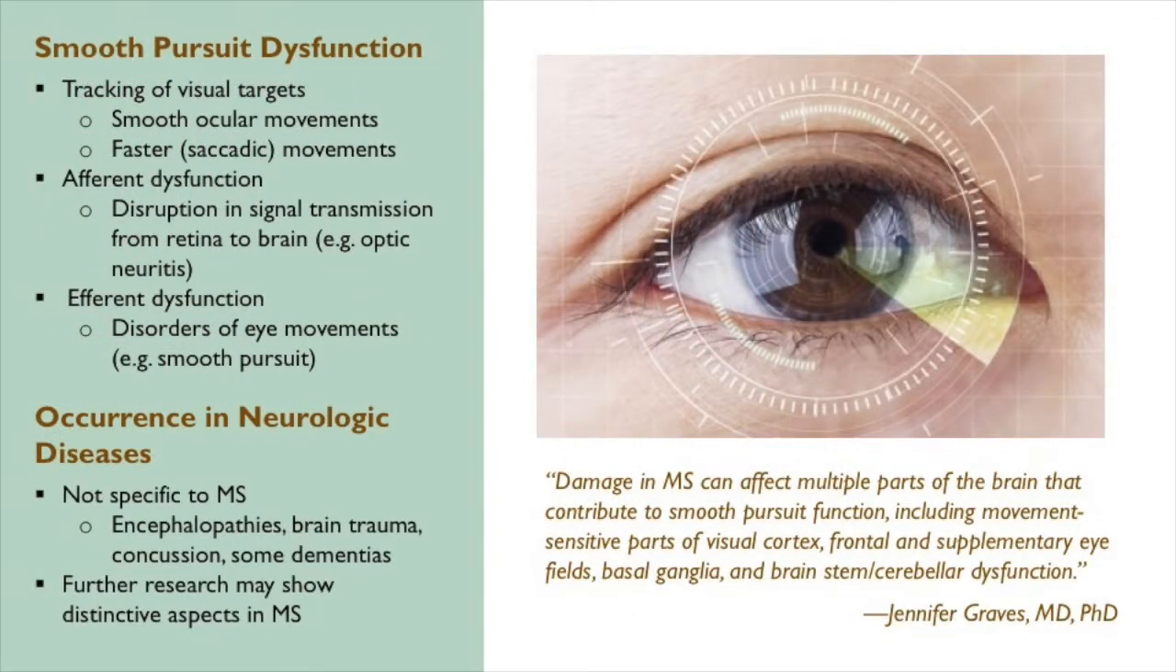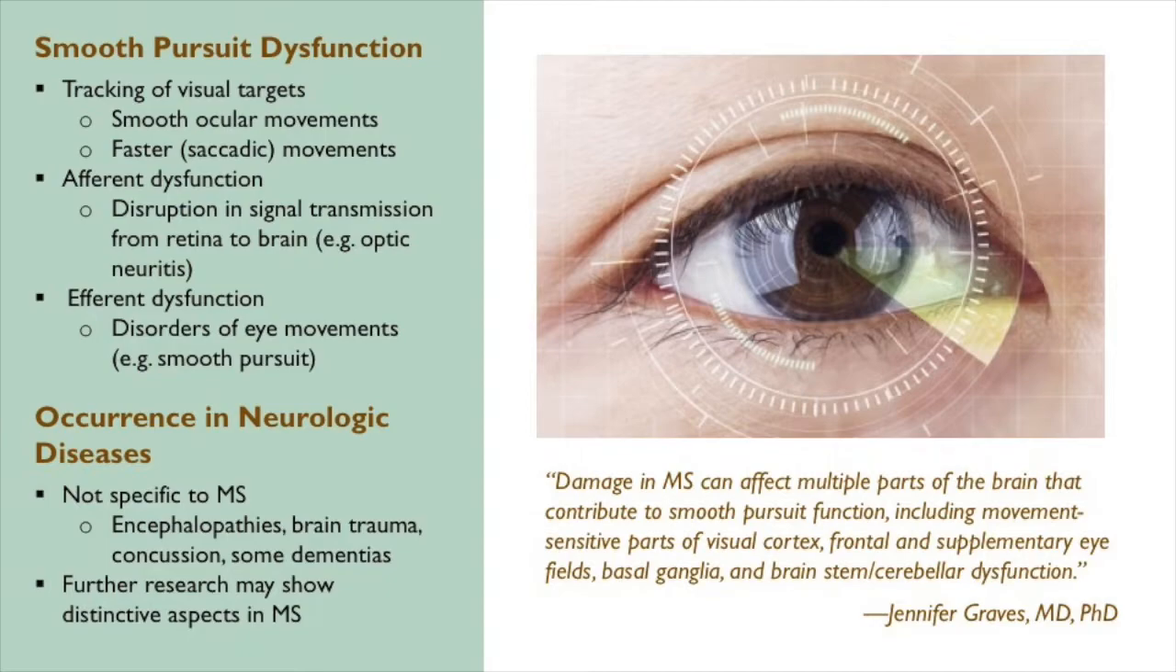What is smooth pursuit dysfunction, and what is the underlying cause of this visual abnormality in people with MS? There are two basic ways that humans and animals track visual targets. One is through a smooth ocular motor movement to track the visual target. The other are faster eye movements called saccadic eye movements. Both can be abnormal in MS patients, but the smooth pursuit aspect has not been studied as extensively in terms